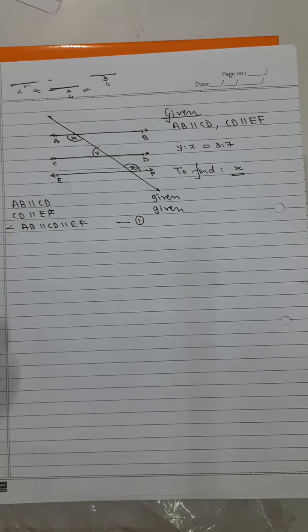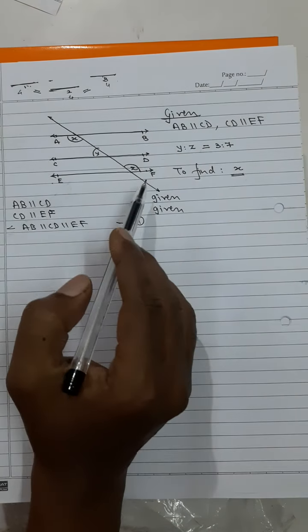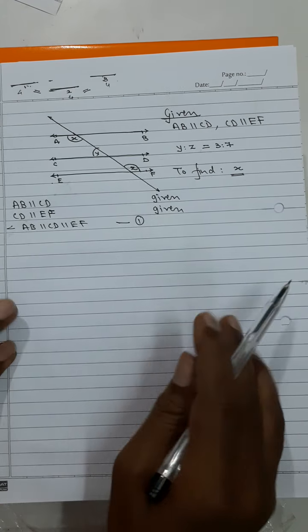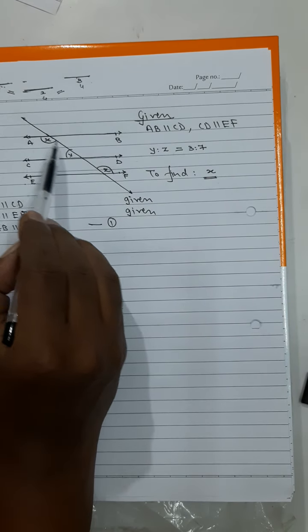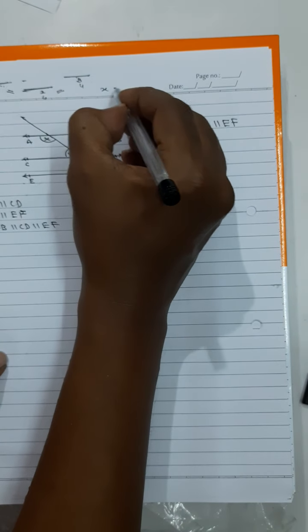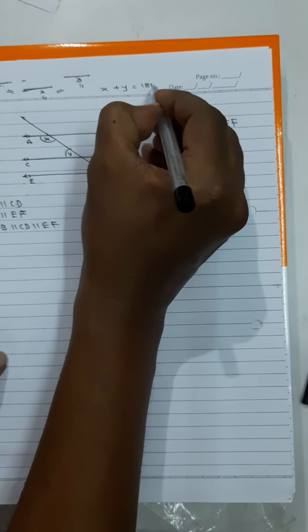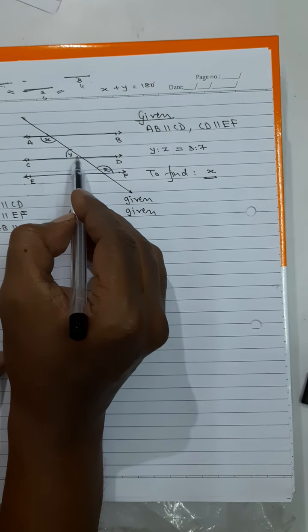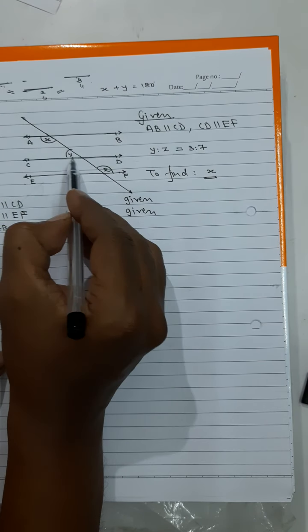Parallel, now because once they are parallel, now you can use all the properties that corresponding angles are congruent, alternate angles are congruent, interior angles are supplementary. Now everything you can use. Why? Because you have got that they are parallel. So now you have got all the resources with you. What are you going to need? See, when I come to this conclusion, x and y are going to be interior, so x plus y is equal to 180 degrees. This I will get. Are you getting my point? x plus y is equal to 180 degrees because they are interior angles on the same side of the transversal.